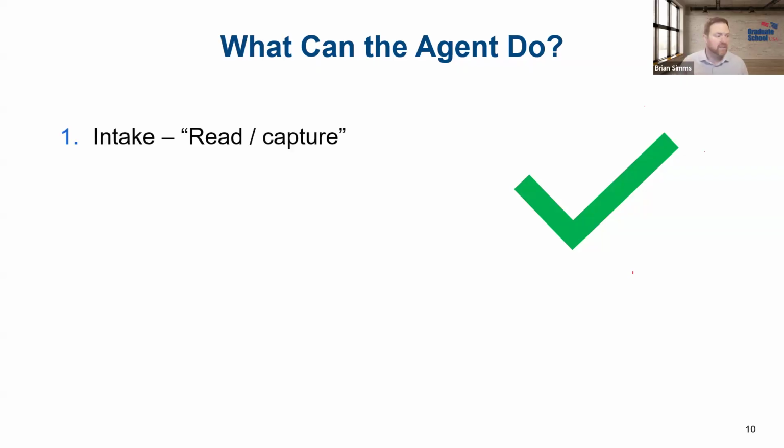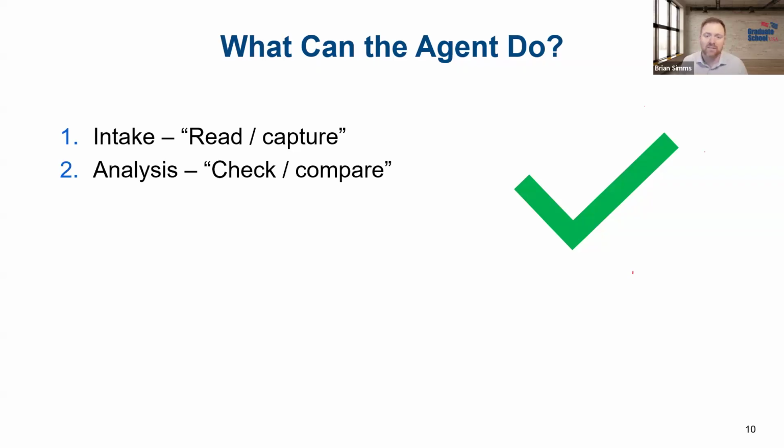One, it can do intake, so the agent can be the front door, right? It can take some raw input, be it the application, like our example, or a complaint, or some other sensor signal, and that can be the front door. Some agencies are using agents to take in the emails that come in weekly, let's say, and extract needed information from them automatically, and that spares the staff from having to manually look through all that data. So they can do that initial intake, that read and that capture.